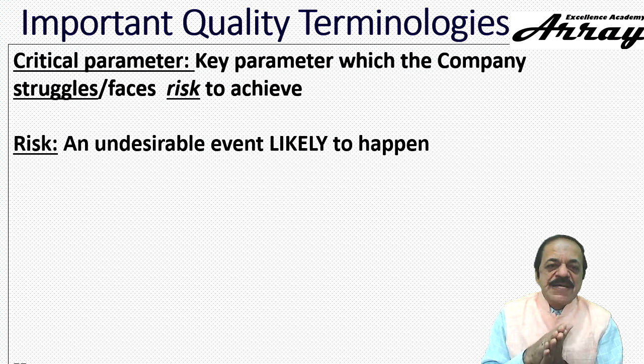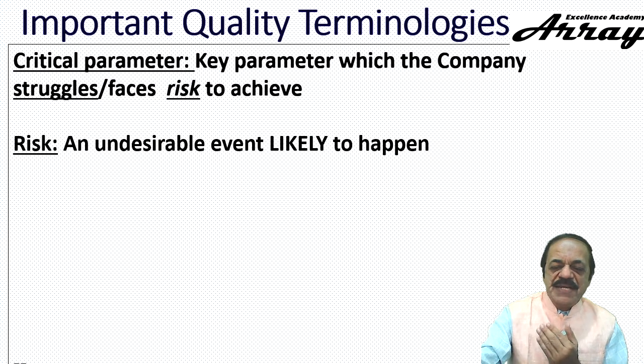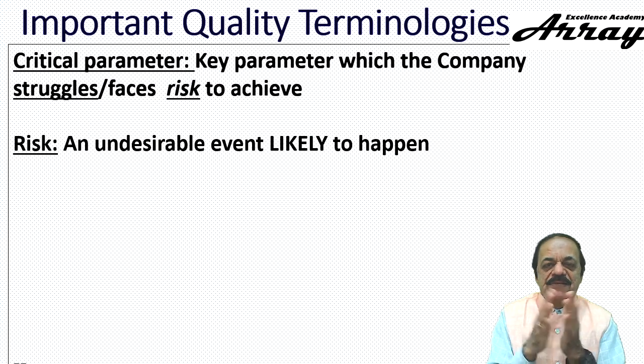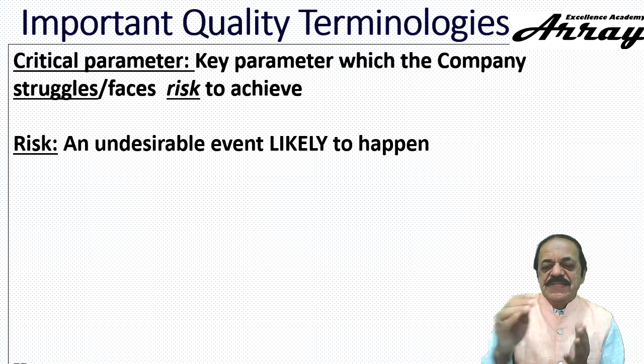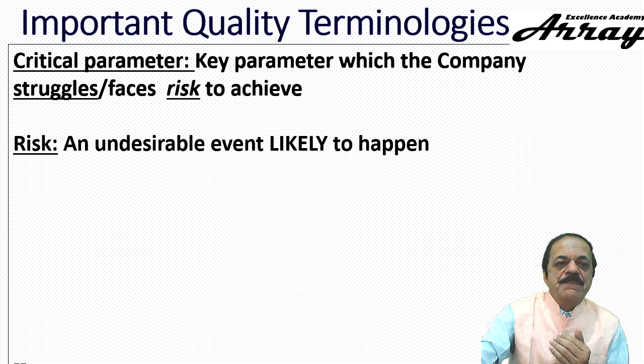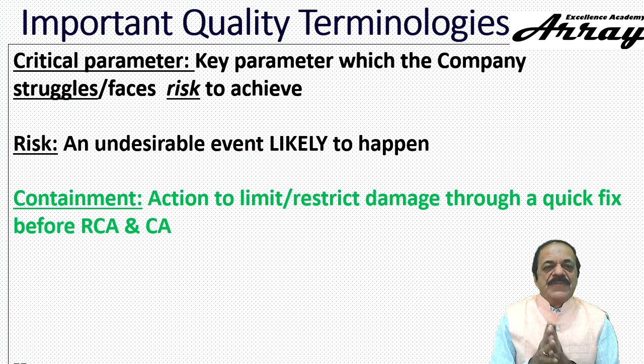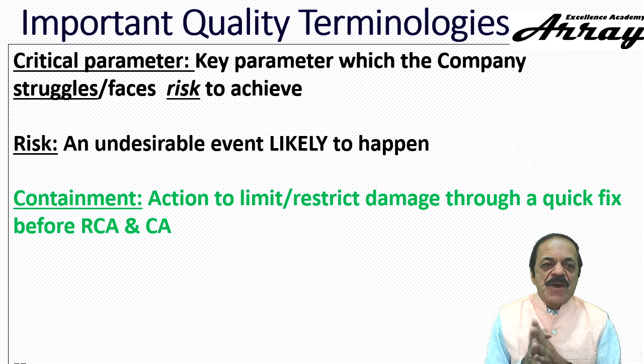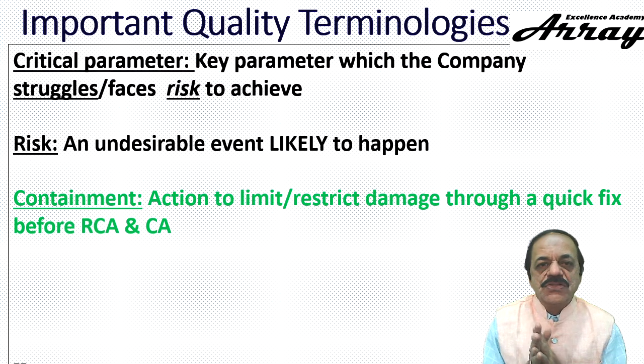So an undesirable event, likely is the key word here, likely to happen is a risk. This may not be covered in SOP as a regular process. If that happens, a mitigation plan or risk handling process will be done, so that the manufacturing cost is not shooting up exorbitantly like 10 times. Now, containment. This is what we use in ISO also, and